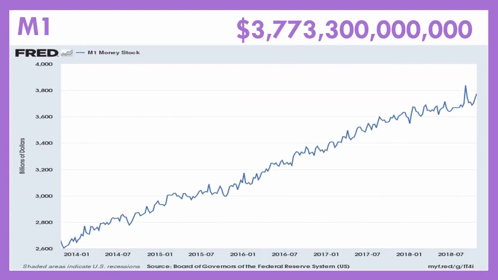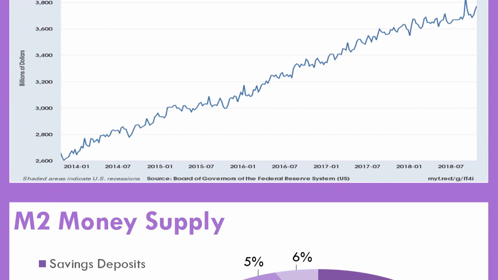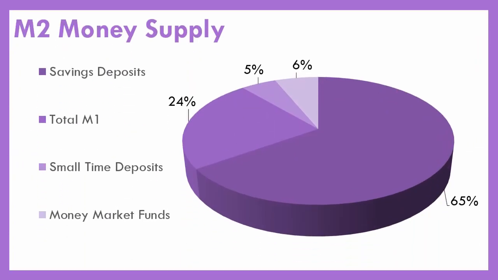Here's the M1, kind of how the money supply has grown. It's right now at about $3.7 trillion in the M1 money supply. And this is showing it from the Federal Reserve educational site. But you've seen it's grown over time. We're going to talk about that more in Unit 6 as to why our money supply has grown, especially in recent years. The makeup of the M2, as you can see, includes all of the M1, which is that 24%